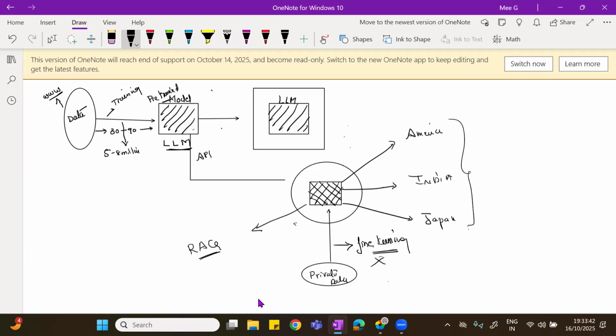But RAG is a mechanism where, instead of giving the entire data and making it learn, I will give a context. If I ask a question about some related information, I'm going to provide it in the form of documents.